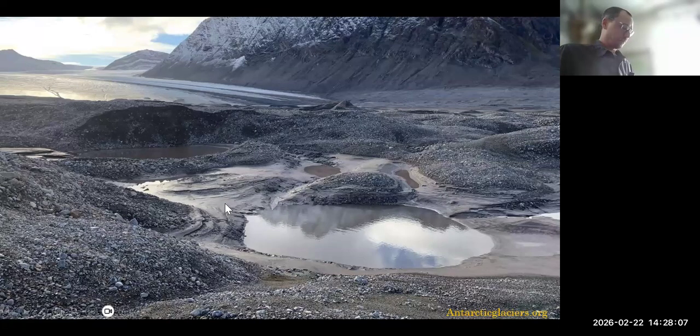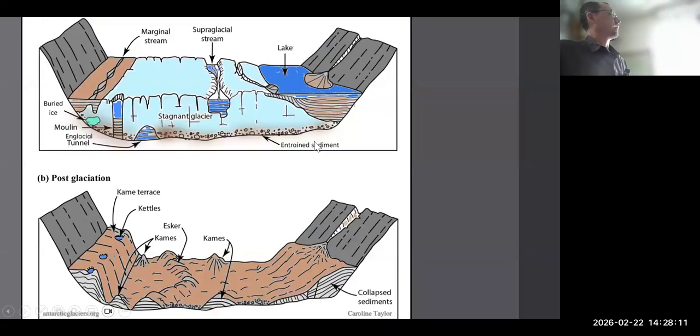One more graphic I thought was really cool, what we might see here. So here we have our marginal stream. We have our stagnant ice backing away. Oh, look, a subglacial tunnel. And I wonder what would come of this. And we have this really cool feature called an alluvial fan that's coming off the side of the valley onto this glacial lake. See all the sediments that are being deposited in that lake. Once the glacier is gone,